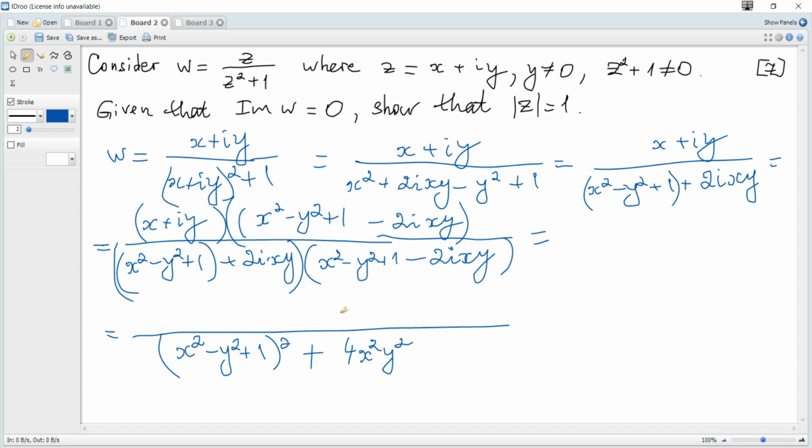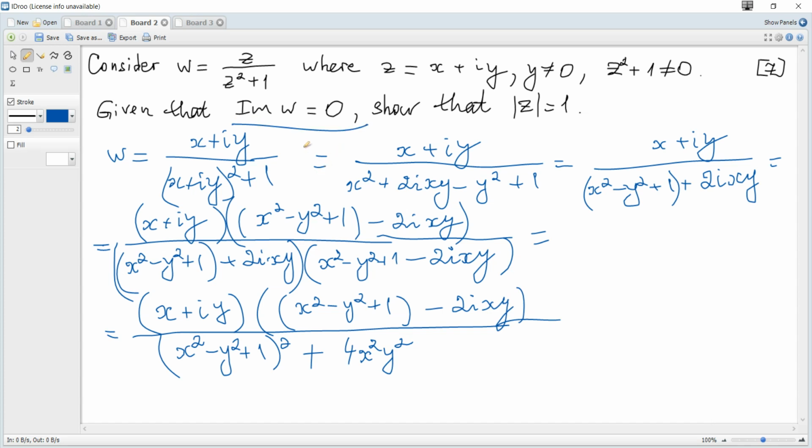And in the numerator we cannot open parentheses, let it remain the same: x plus iy times x squared minus y squared plus 1 minus 2ixy. And we need to consider the imaginary part equated to 0 and to get something, but what we actually need here,